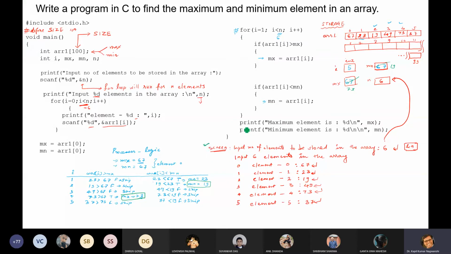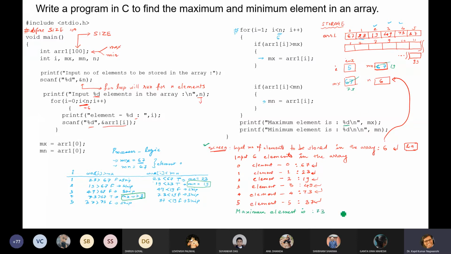Okay, now with this printf, what is written? Written statement is maximum element is %d, mx. So what is the value of mx?